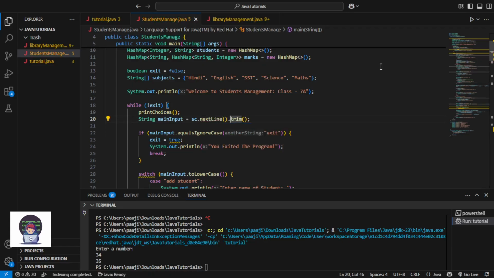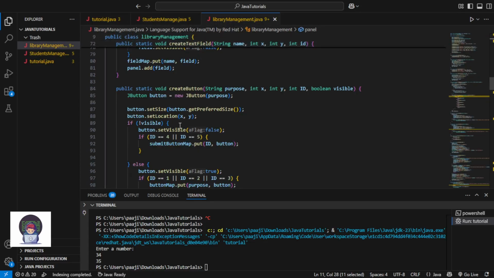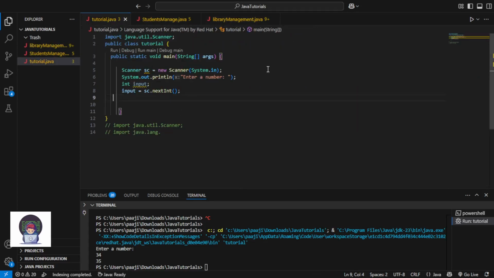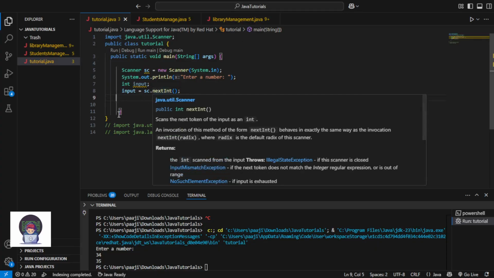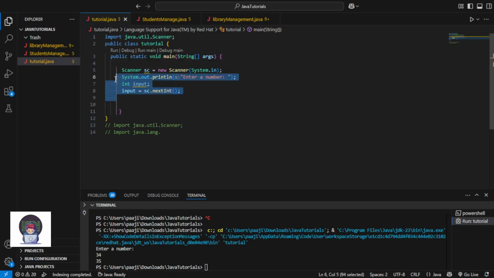Next line. What it does is sc.nextLine, and whatever we get from that we trim. Trim, what was it? You remember maybe? It will remove the trailing spaces. So if I have spaces, then hello, and then spaces, it will just turn it into hello. So that is basically how we take input.